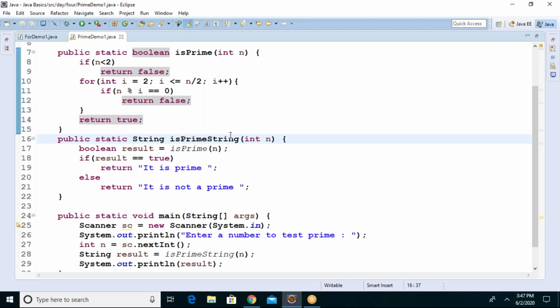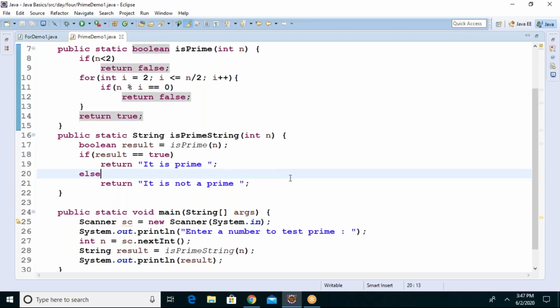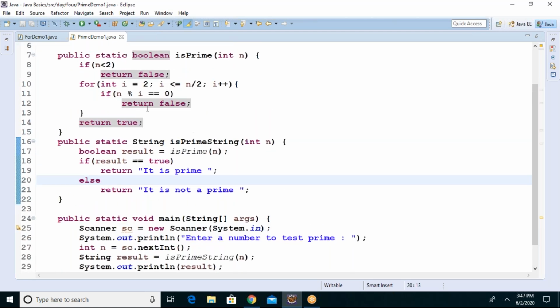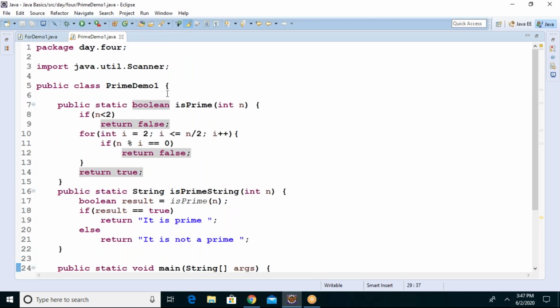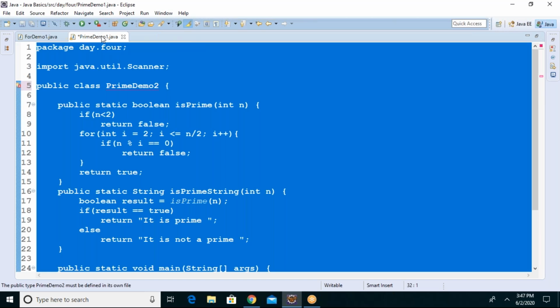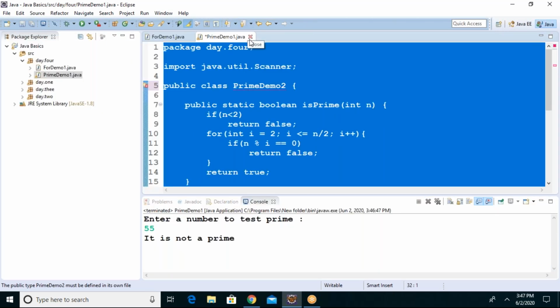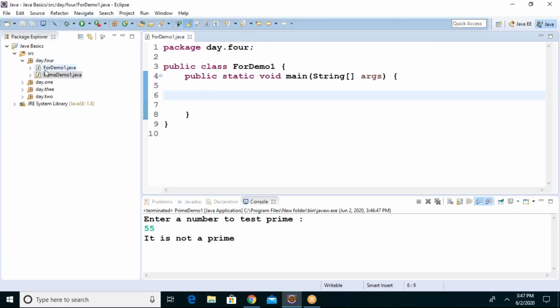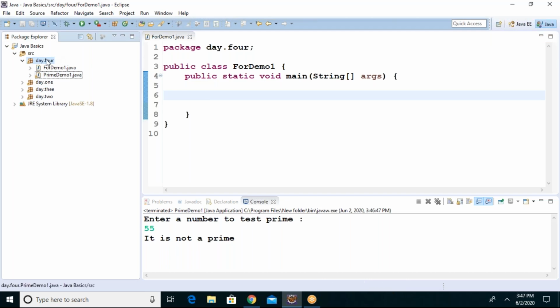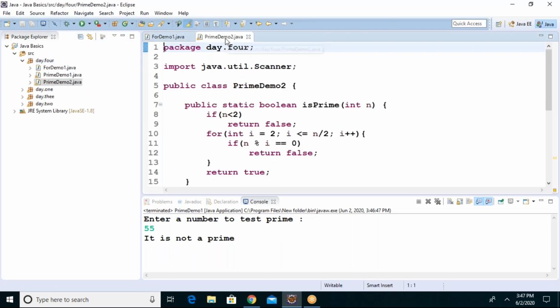Okay. So the logic is clear to all. Why did I write these two methods? Now it will be more clear. What is the need of true or false? It can be reusable. See, this is one program I have written. Suppose I want another program. I'll copy this whole program, guys, and paste it here.